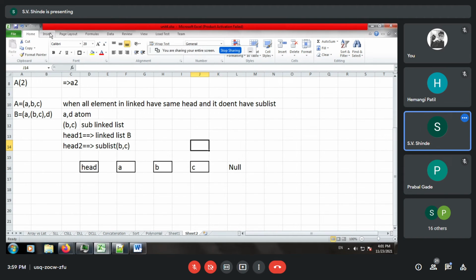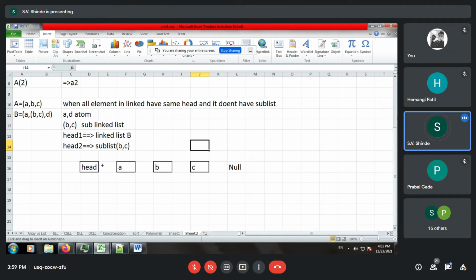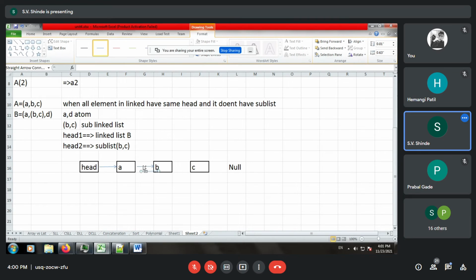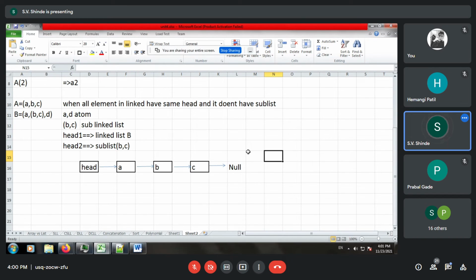Then we are inserting the shapes, that is the pointers. So this is nothing but your single linked list, and we label it with the head node, that is A is equal to A comma B comma C. So this was as far as tuple representation is concerned.